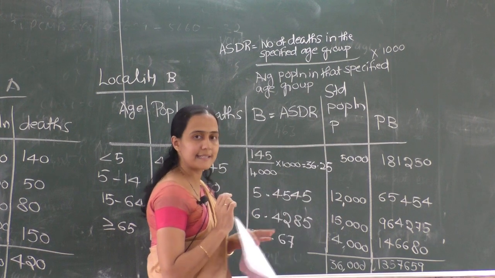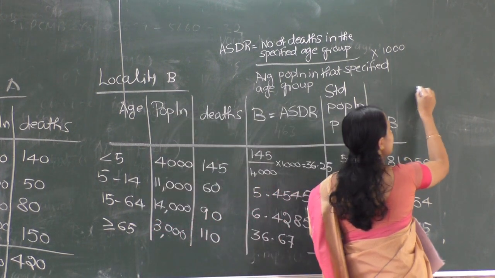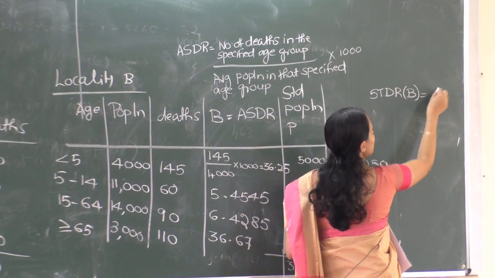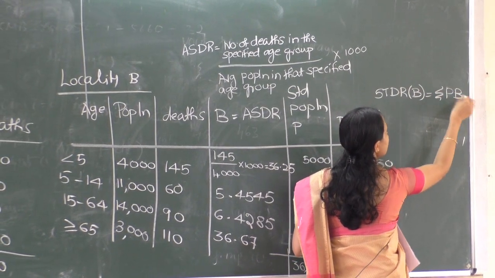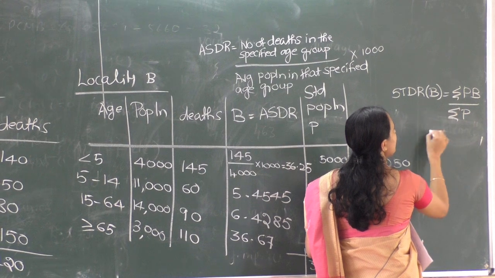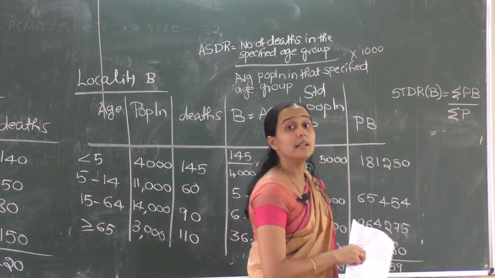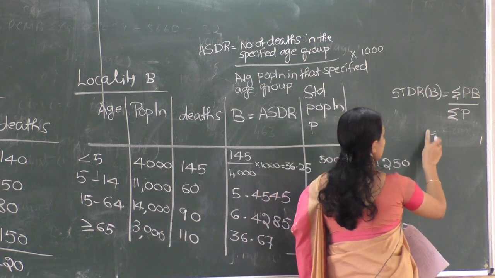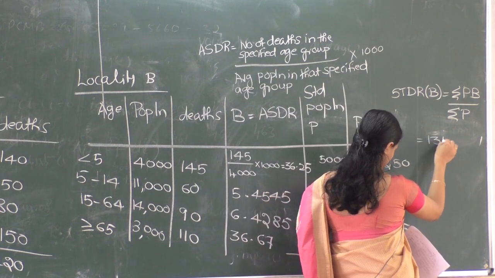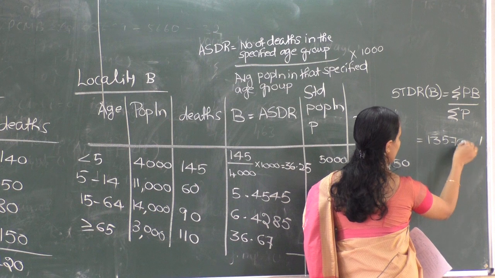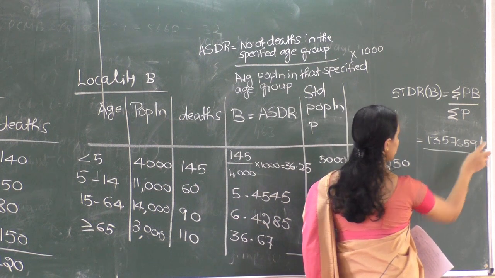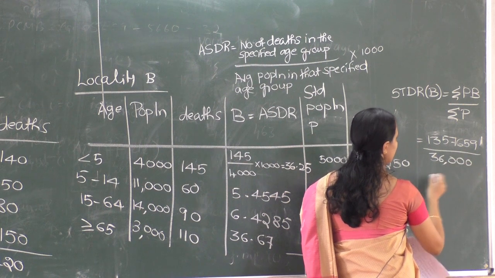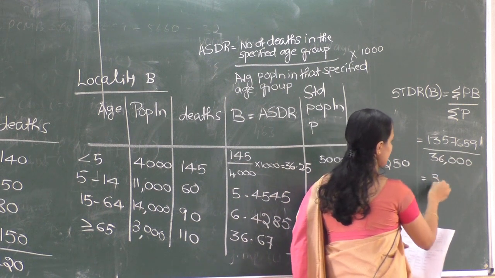Next, find STDR of B. So STDR of B equal to summation PB divided by sigma P. Sigma PB divided by sigma P. Into 1000 is not there. Remember, sigma PB total is this one, 1357659 divided by 36,000. Answer is here